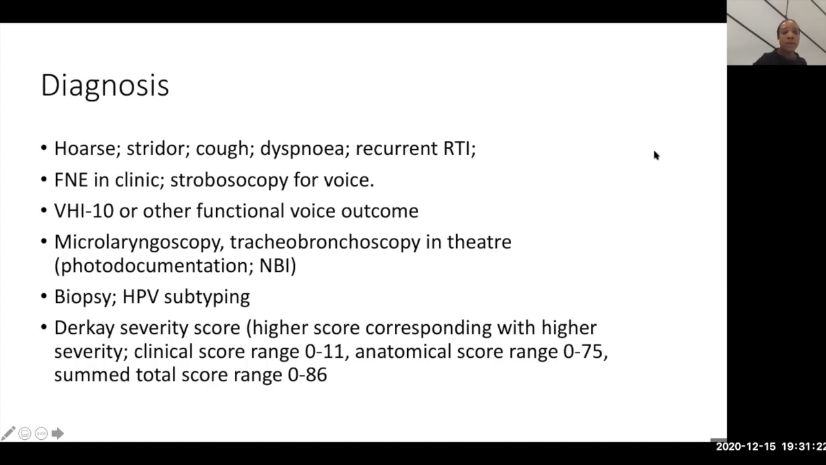Great. So when you're in clinic, you think about the patient who presents with a hoarse voice, stridor, a chronic cough. You're reading a letter from a respiratory consultant referring you someone who has a chronic cough, and you're wondering, well, should I or should I not accept that referral? You should be thinking about RRP in that situation. Also patients who have unexplained breathlessness, and patients who have recurrent respiratory tract infections. So when you see this patient in clinic, you're thinking of a full history, nasal endoscopy in clinic, and stroboscopy for voice if there's evidence of